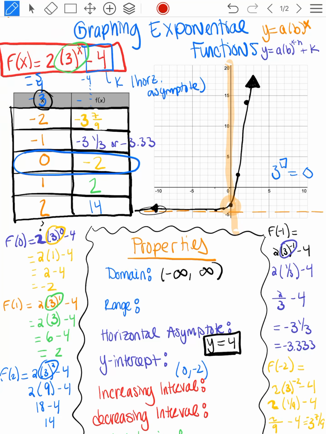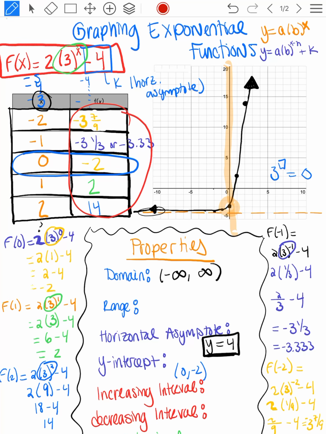The range, on the other hand, talks about the y values in your table, or based on your graph, it talks about from bottom to top. So our graph has a bottom. It doesn't go down forever. It's going to stop going down at -4, and it's never going to actually hit -4. So our lowest point is -4, and since we're not going to actually hit it, remember we use a parenthesis. If we were going to actually hit it, we would use a bracket. But there's no way for us to possibly hit -4. We'll just get close to it, like